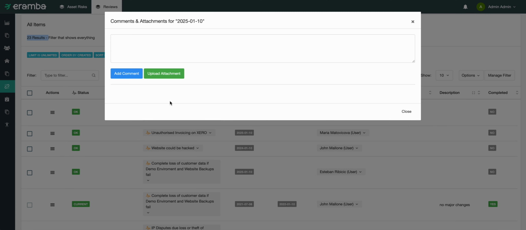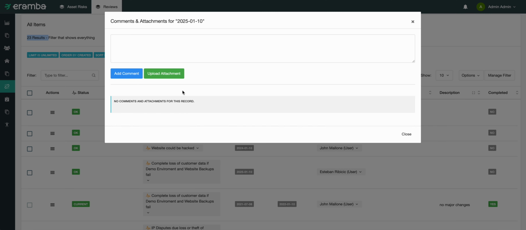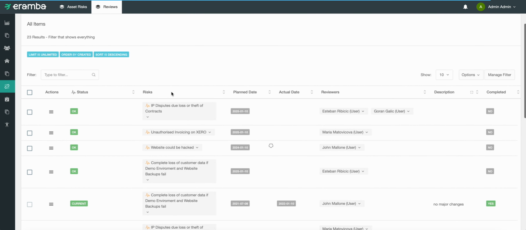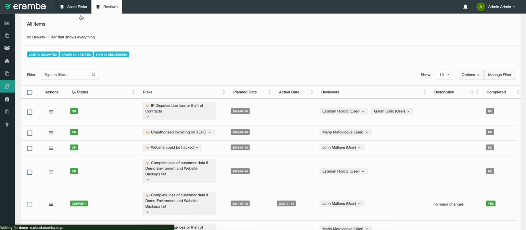And this is the place where people will write down, hey, the review is completed, we haven't done any change on the risk, and you go back and forth. So the reviewers go back and forth between themselves to try to establish what the review should be all about. Now, if I go to the risks in here,